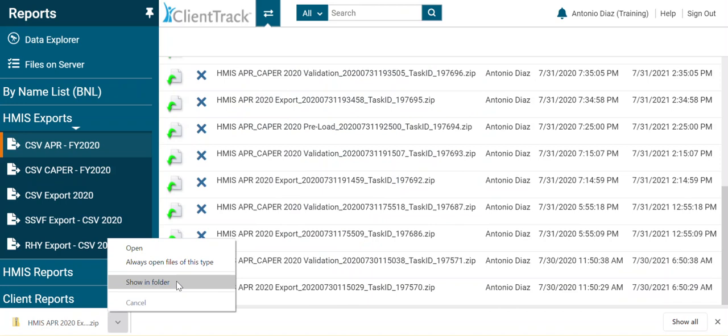So if you're going to show in folder, what that's going to do is Client Track's going to place it on your computer, and it's very easy to click show in folder and then close. But you're going to want to write down what that address is, where in the computer Client Track is storing it, because it could be difficult to find later. If you're like me and you have a lot of drives on your computer and a lot of files, if you don't know where something is, it can become very easily lost. So I recommend that you do write down the address. If you choose to show in folder, write down the pathway to find it,